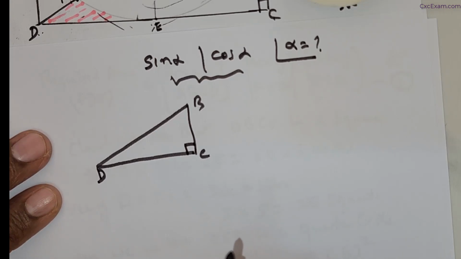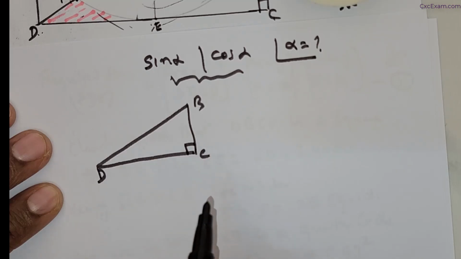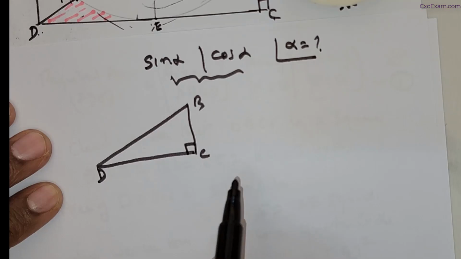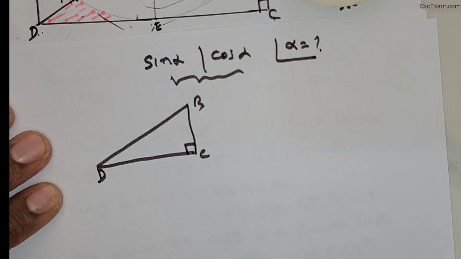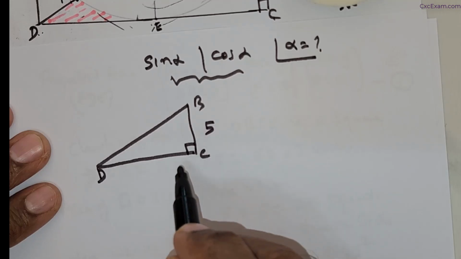Okay, so now we will have to obtain the length of the sides. So clearly I know this is 5 units